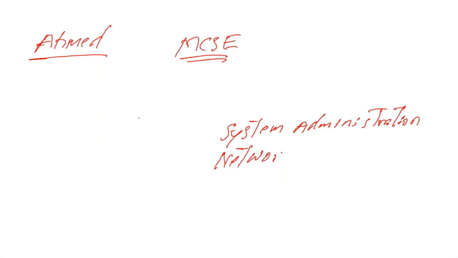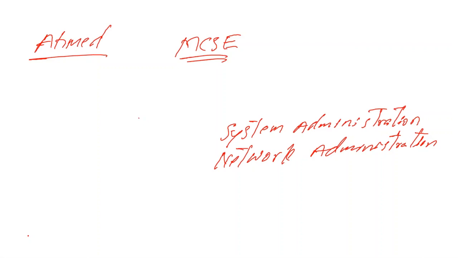Next, we are discussing the network administration part. In the network administration part, we'll discuss what services we have in the 2012 server operating system. And students, please listen clearly to me, all of you. So for the next 15 days we are discussing the network admin part, which covers what services we have in the server operating system and how to install these services, and with the help of these services, how to give the best service to our users, right, and how to do the troubleshooting if you have any problem there.